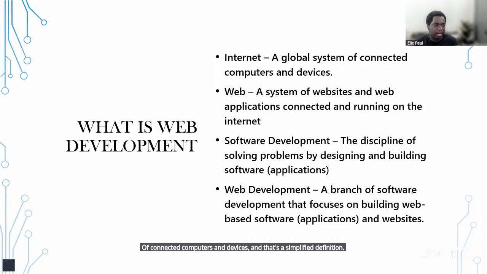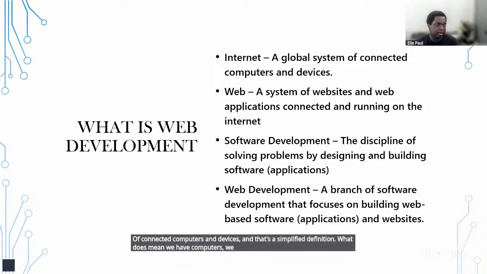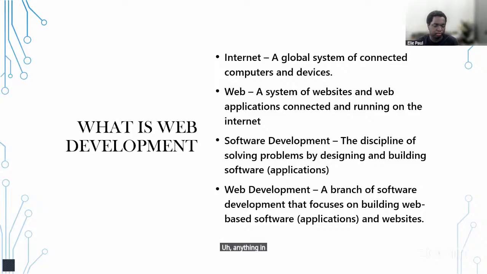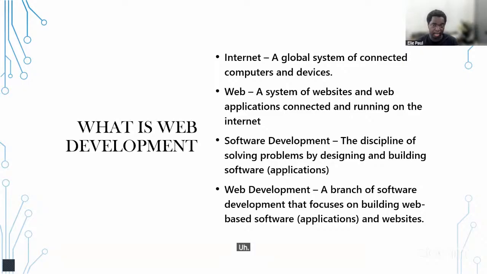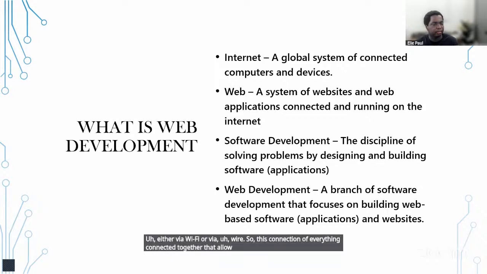What does that mean? We have computers, we have different devices, we have phones, and if we go to smarter things, we have cars, anything in your home, there are those small devices. All of those, and we have routers, and all of those devices are connected together, either via Wi-Fi or via wire. So this connection of everything connected together that allows us to share information, that's the